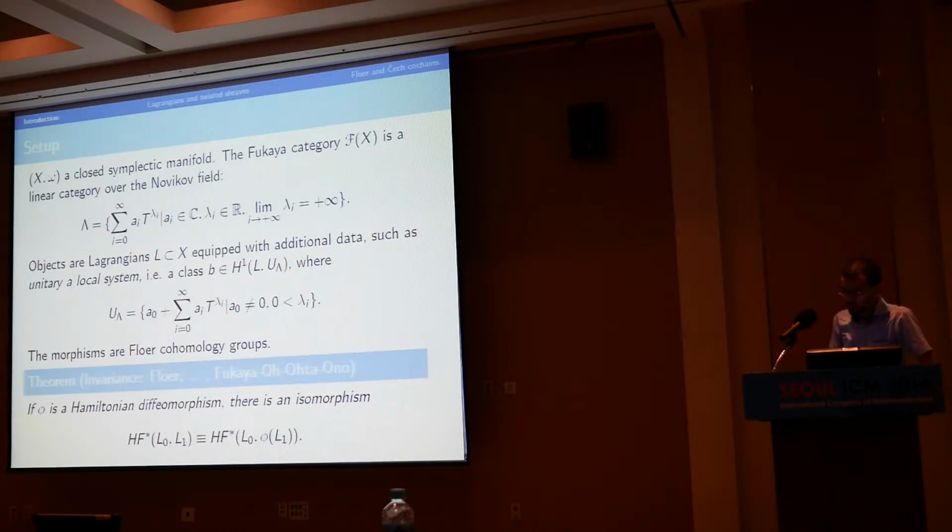So the Hamiltonian condition is that the area of the cylinder is 0. And that's a reasonable condition to impose from a Floer theory point of view, because I was using areas of objects as coefficients in my definitions, and so when you impose this, you get better behavior. So the statement is, if you have such a diffeomorphism, then given any two Lagrangians, let's call them L0 and L1, you can keep one of them fixed and move the other one. And Floer theory won't change.